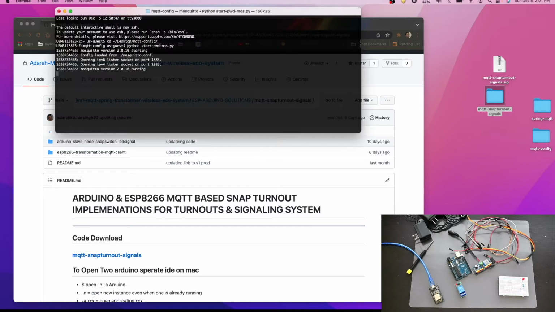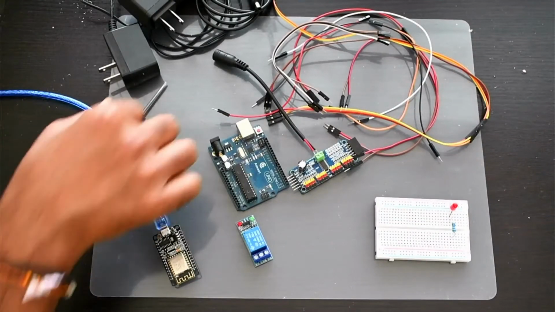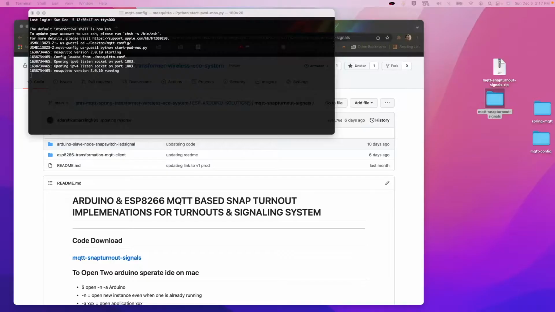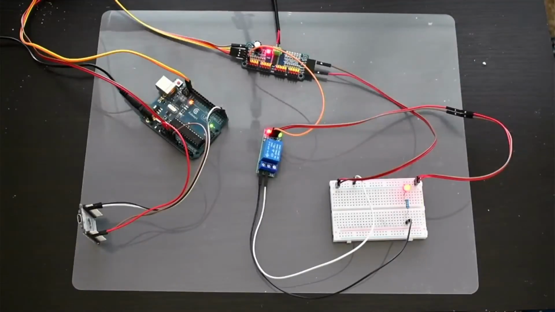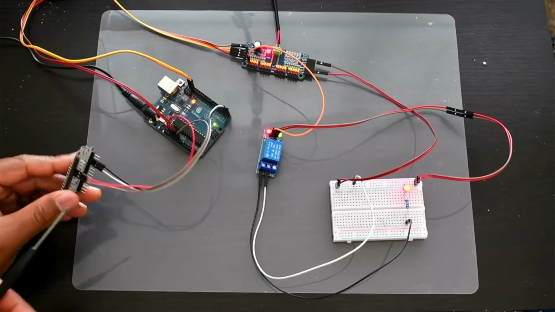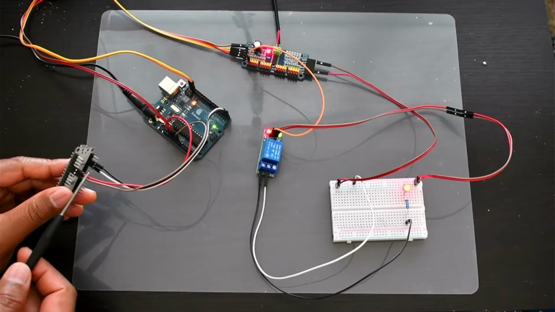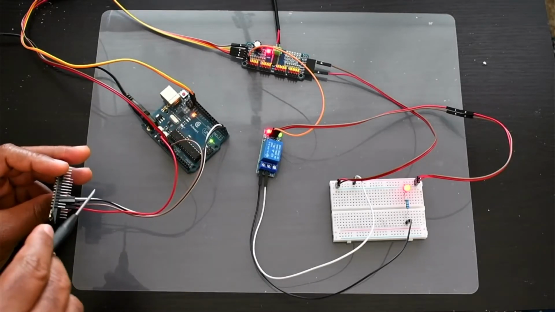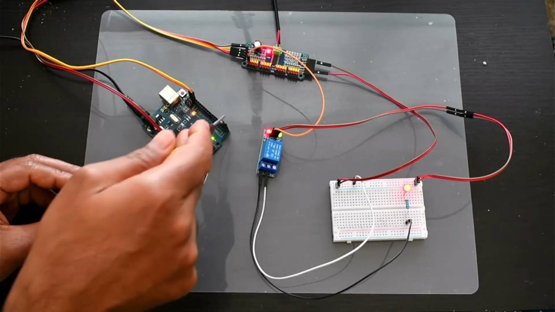Now what we will do is, first thing we'll start connecting all these things with each other. Let's do the setup first and then we'll take it up to the next. So now you can see here I have connected each and everything together. So from ESP we have this 3 volt power supply and GND which is coming from UNO, and we have TX and RX pin which is coming here.